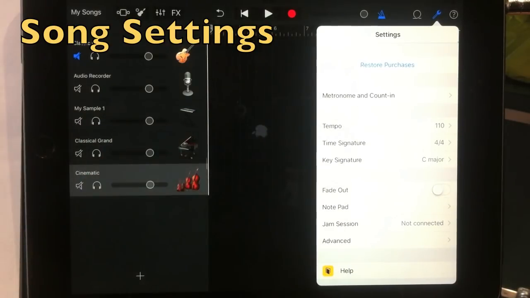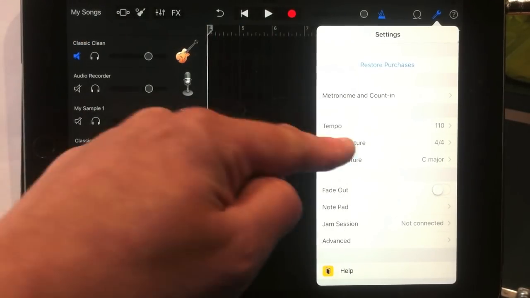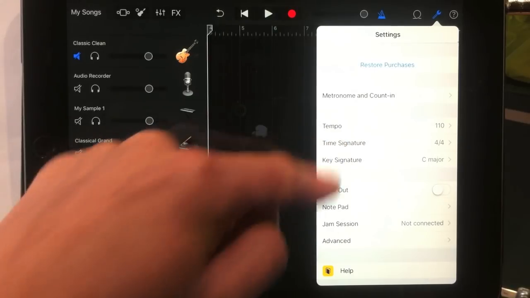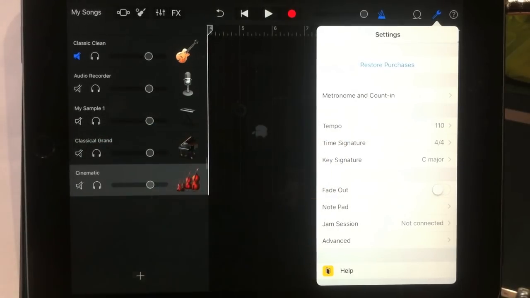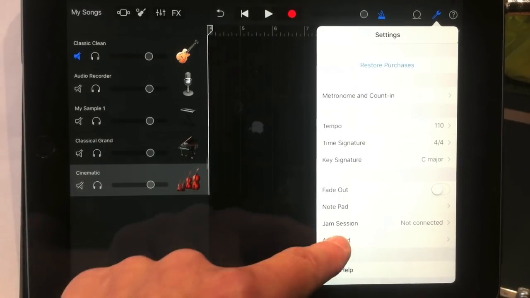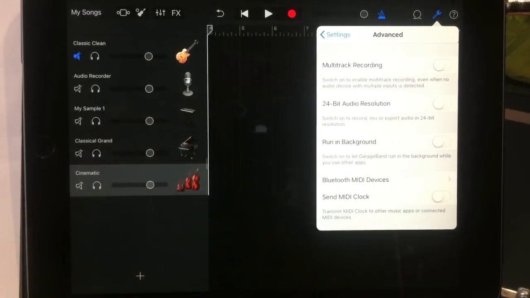There are a few things here. You can set the tempo here, you can set the time signature, 3/4, 4/4, 6/8, the key signature, whether you fade out, jam session if you've got other people, I haven't covered that, and then advanced settings where you can have your 24-bit, or you can decide on multi-track recording, but you need an external piece of